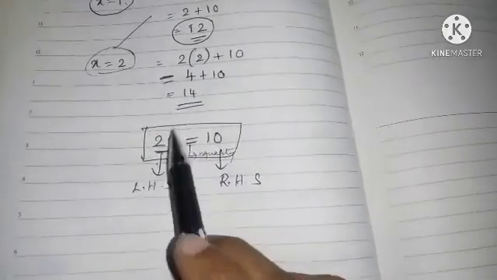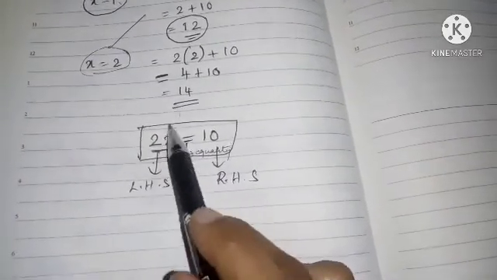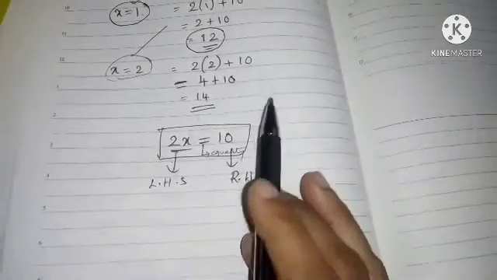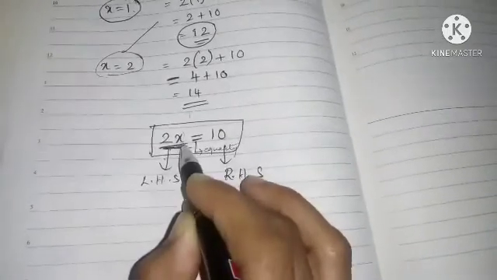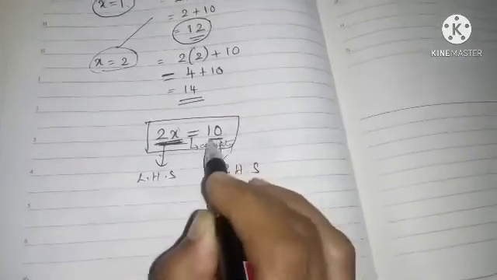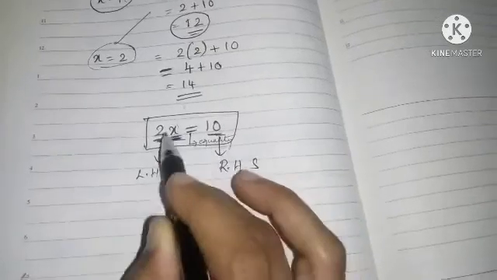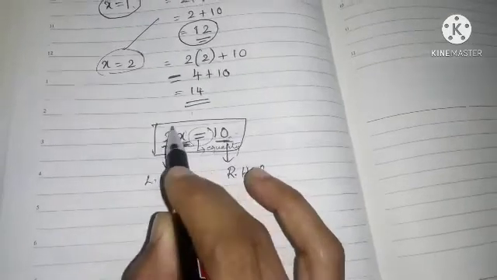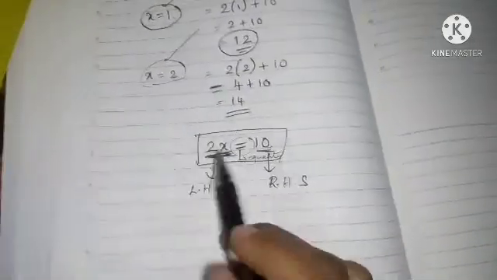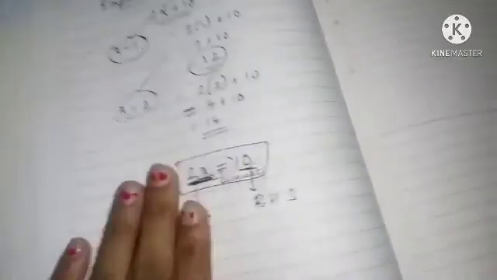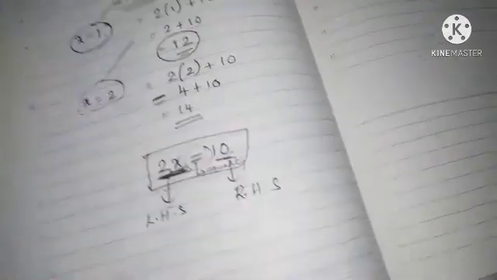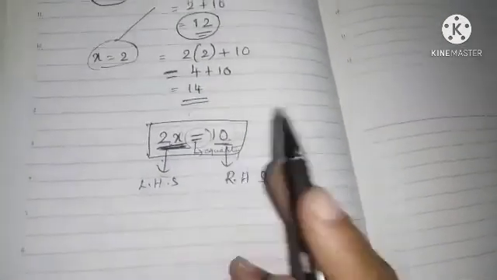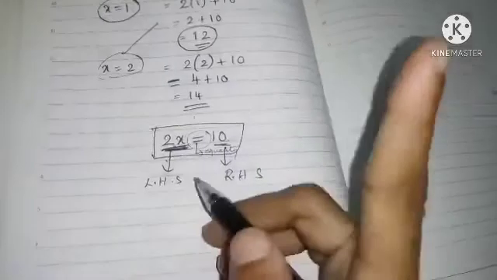Listen children. An equation is something similar to an expression, but you have expressions on both sides. 2x is also an expression, but it is a monomial. 10 is also an expression and it is also a monomial. So we have expressions on both sides of the equal to sign. So we have the LHS part, which is your left hand side part, and this is your right hand side part. This equation is satisfied only for one value.